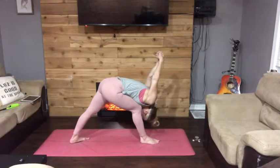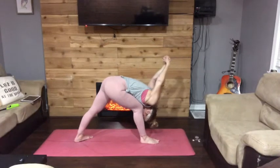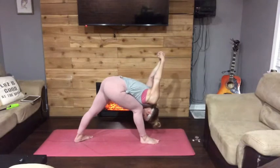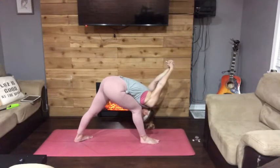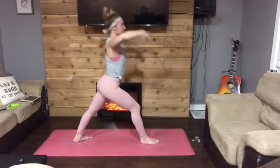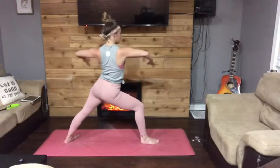Head falls heavy, shoulders rinse out right here. So the hands start to fall over top of your head. Get a few more breaths. With every exhale, releasing some more tension between your shoulders. And now go ahead and reach your arms overhead, release the grip, take your hands through heart center, reach your